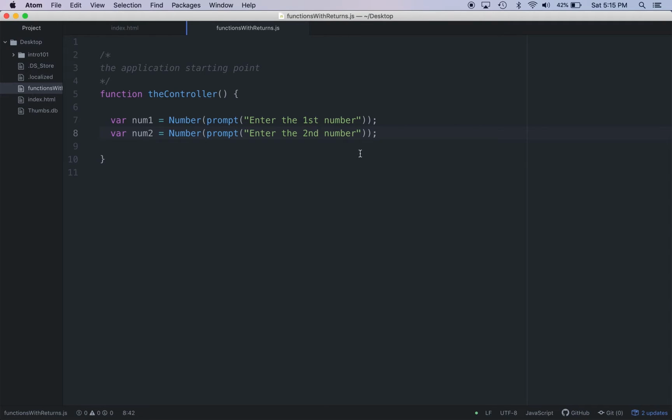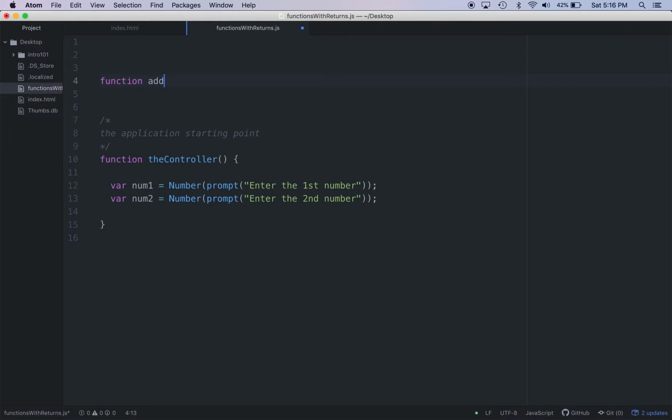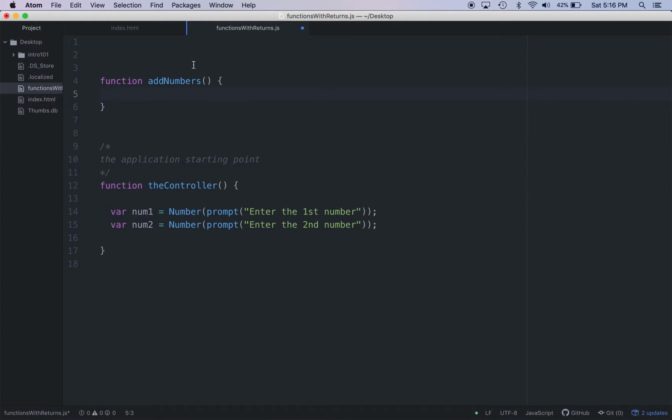This is easy enough that I could just add the two numbers, but like I said, I wanted to modularize this to show you some of the detail. So I'm going to have a function called add numbers, and you're going to pass in two numbers. My initial inclination is to say that the numbers coming into this function are going to be num1 and num2, but I don't want to confuse the point. Here are two variables, num1 and num2. They are not accessible in this function. I can't add them. So if I try to add those numbers,